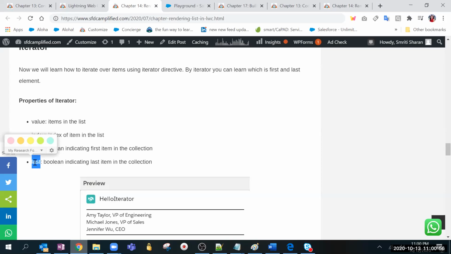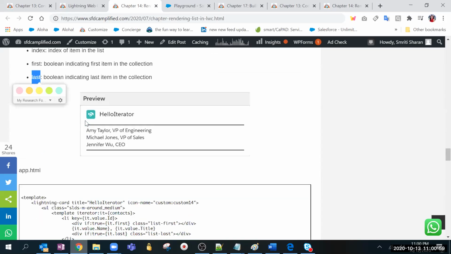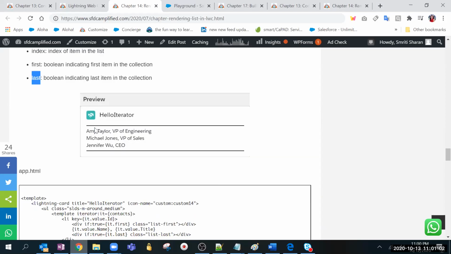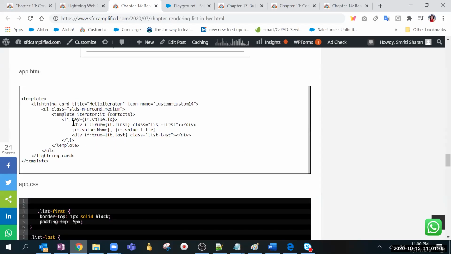Not like order, if you put it in the JSON, it will come over like that only. But for example, see, I have put a div first and put the class name. Now I can put some class on the first element. Earlier, if I put a class in the for each, it would have been applied to all of them: first element, second, third, fourth, like you printed hobbies, right? If you had put some class, it would have come for each one of them. But with iterator, you can put it on a particular element. And this is last and this is first.